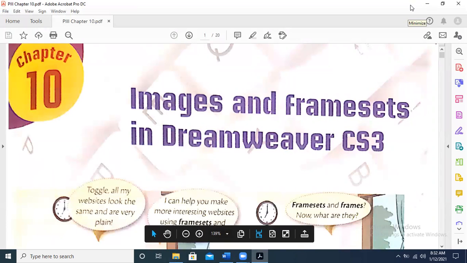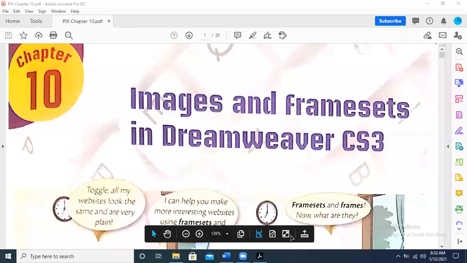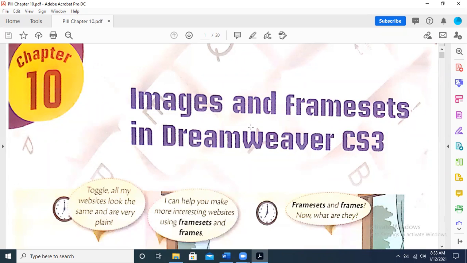So, last time we had started a new chapter related to Dreamweaver, and we had seen some different options in Dreamweaver. We had started reading this chapter and working on it and understanding different concepts which are given in this chapter. So, what we are going to do today,